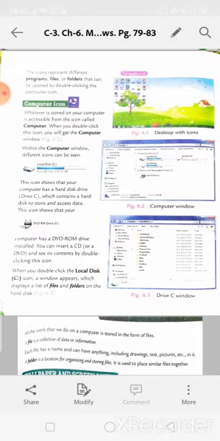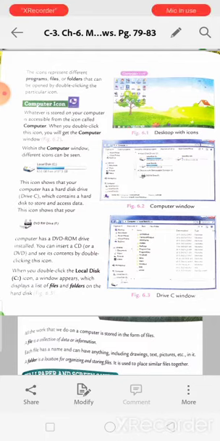This icon shows that your computer has a DVD-ROM drive installed. You can insert a CD or a DVD and see its contents by double clicking this icon. When you double click the local disk icon, a window appears which displays a list of files and folders on the hard disk.